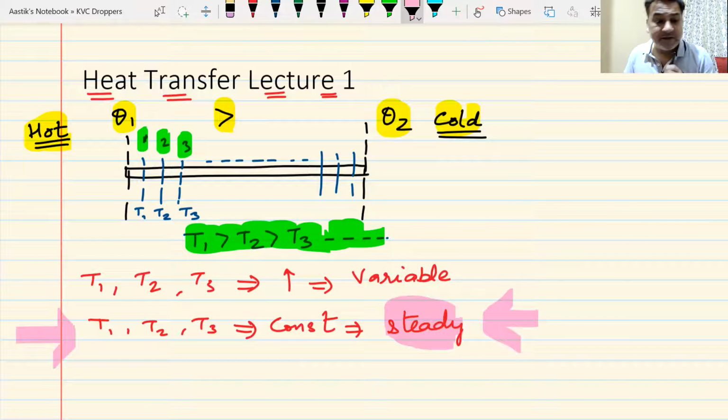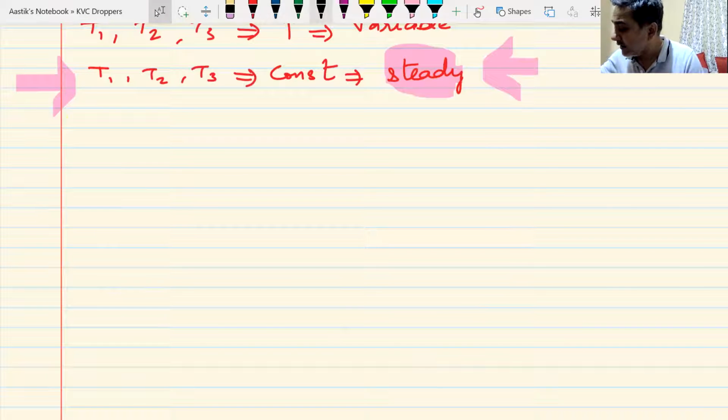Point number 1. I will note it down point-wise. I'll give you a minute to draw this diagram, and after that I will continue with my discussion. So basically what I was telling you is, in steady state, the temperature of different sections will be different, but that temperature will remain constant. Now I am going to note down on the sheet the important points about steady state, and you will be noting down together with me. So the heading is steady state.